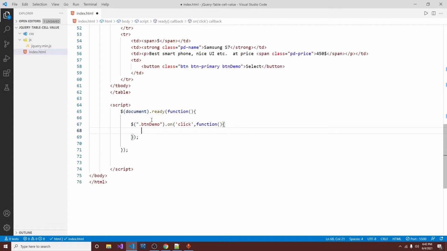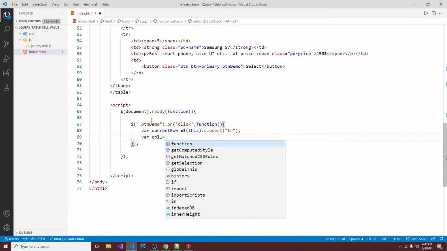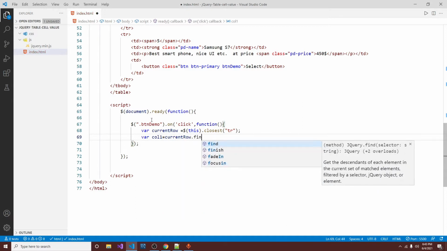Now on button click, we want the current row. For that, we create a variable called current row, and with this keyword dot closest tr, we get the current row. As we want first column data, that is first td value, so we create a variable called col1, and from current row dot find.